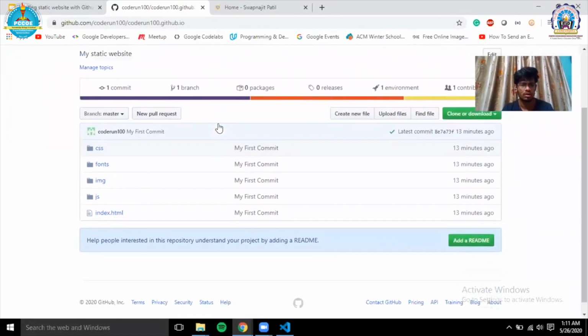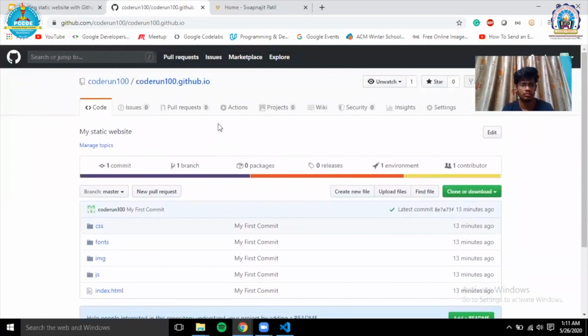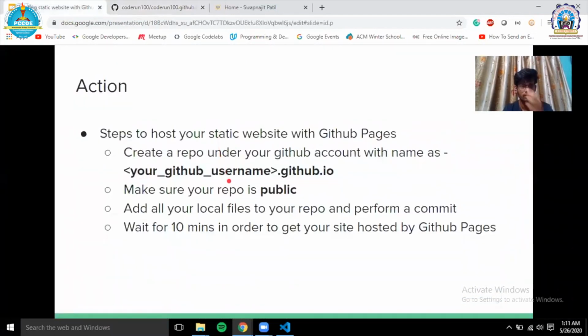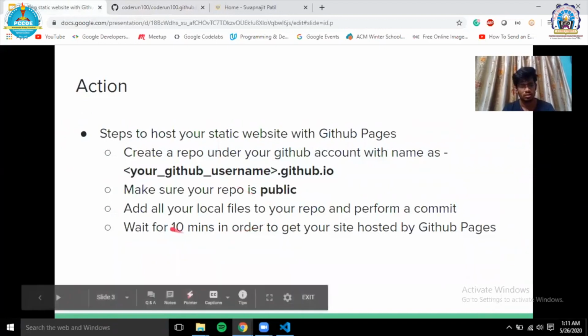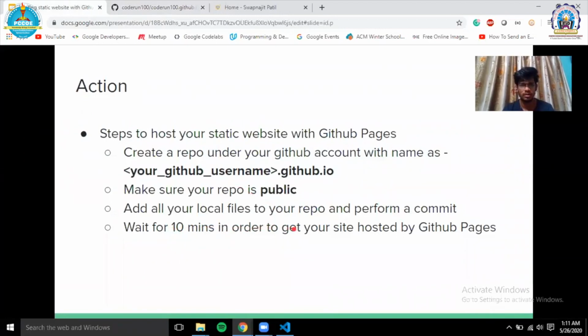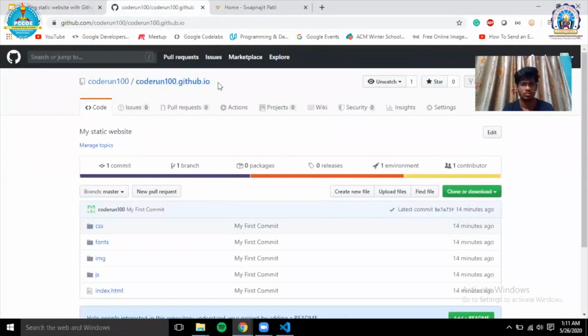So once this has been done, you can wait for 10 minutes for your hosting to take effect. So after 10 minutes, you will be able to access your website on the link that you have given as a repo. So coderun100.github.io. You can use this link to access your statically hosted website. So let's wait for 10 minutes.